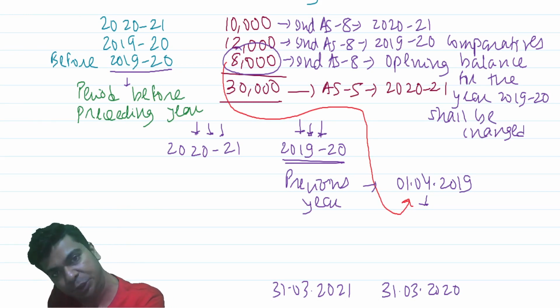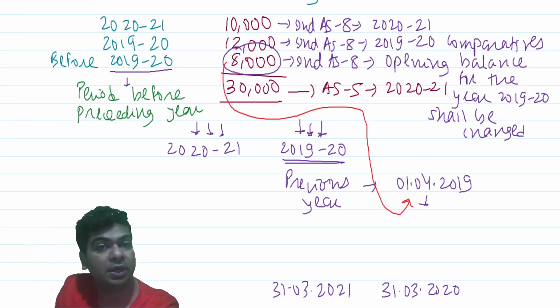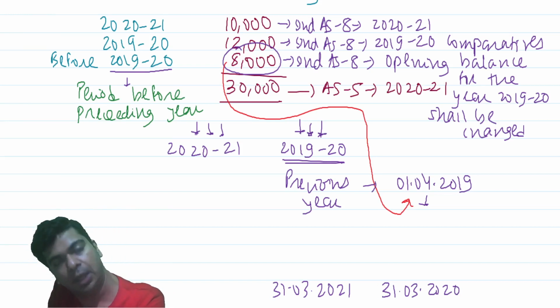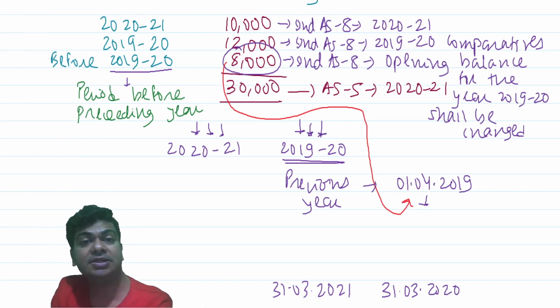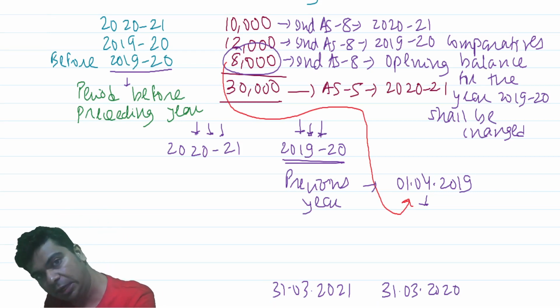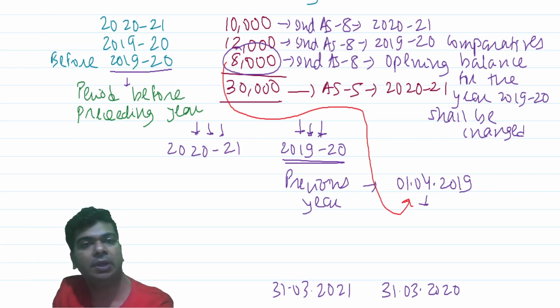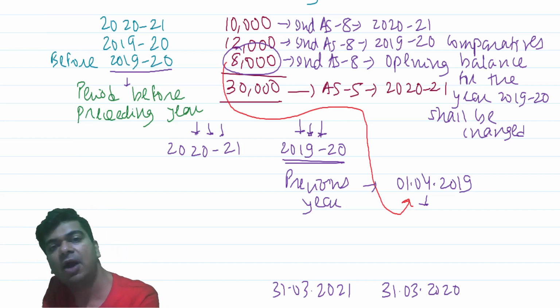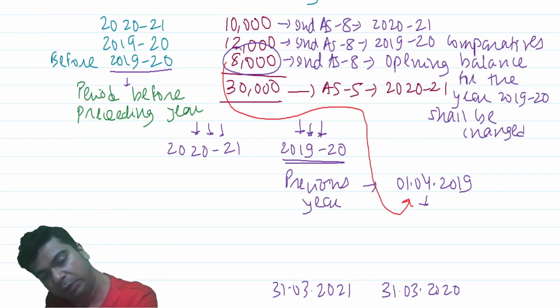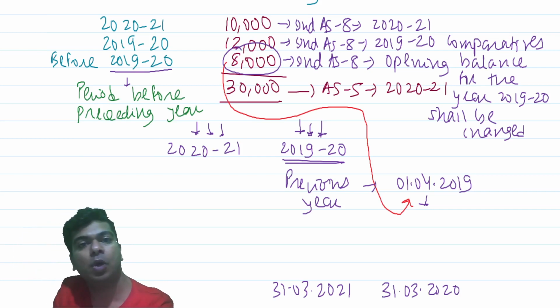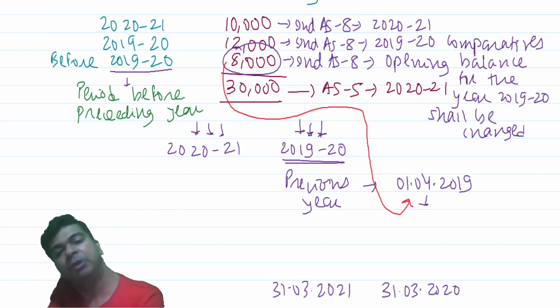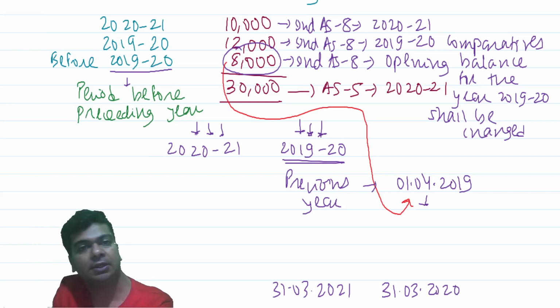Entire 30,000 cumulative effect is recognized in the period in which the accounting policy is changed, and the matter ends there, right? Ind AS 8 takes it to its logical conclusion. I personally believe that the treatment of Ind AS 8 is far superior compared to Accounting Standard 5. Why should I do a retrospective calculation which involves previous years also, but ultimately give effect entirely in the current year? Whatever is relating to current year, give effect in the current year.